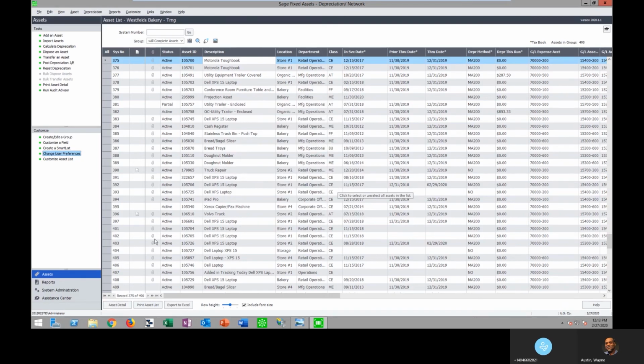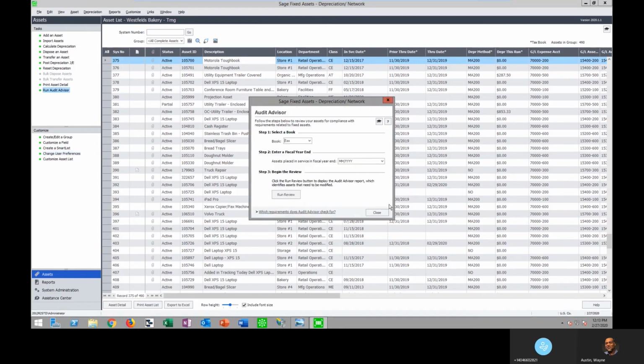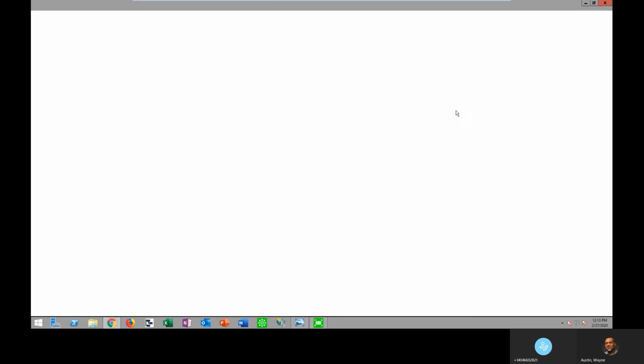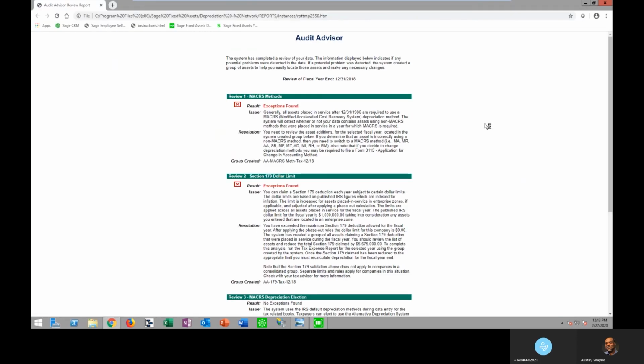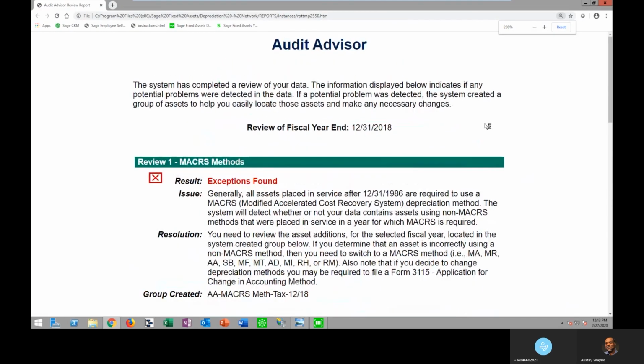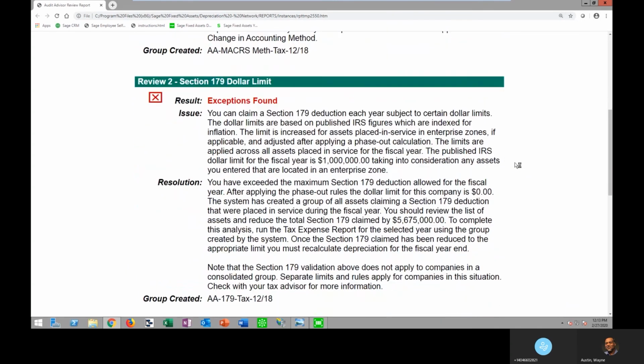There is also an Audit Advisor built in. And since we do have all of the tax rules built in, this tool will help by identifying any issue that is a potential red flag for you to get audited. You can run it for any fiscal year, and it will generate an exception if you do have any conditions that